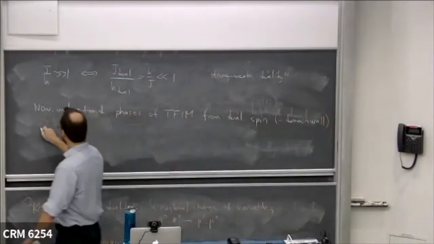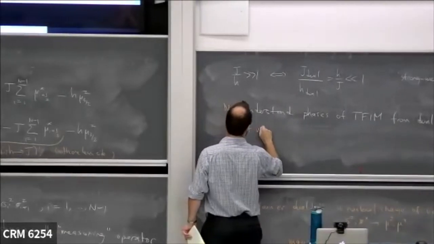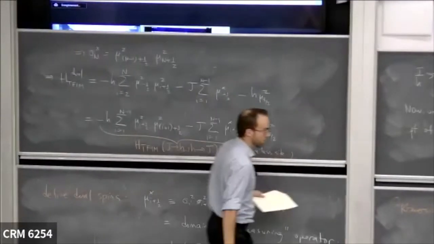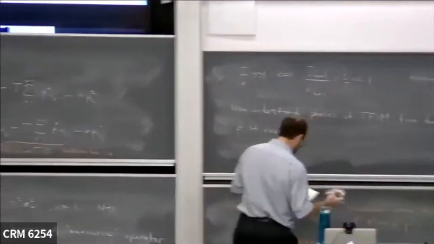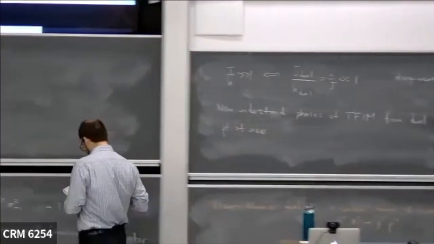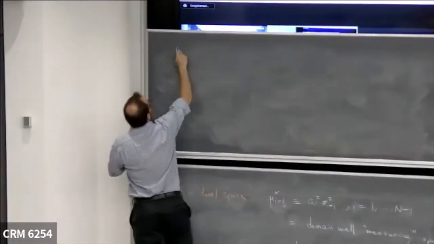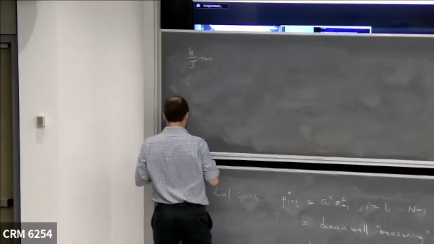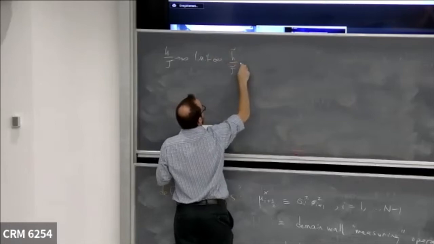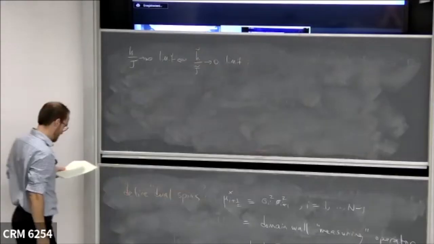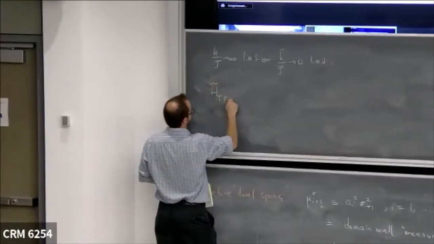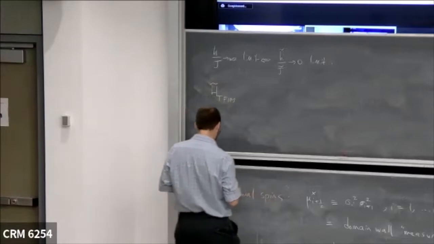So as I mentioned, we had these domain wall measuring operators and these domain wall creation operators. And so clearly what we're dealing with now is the description in terms of domain walls. Okay, so again, we'll be looking at these limits. First, if I look at the limit H over J goes to infinity, instead of writing dual, I'll write these dual couplings with a tilde. And in this limit, the dual Hamiltonian, I don't have it here, but essentially what we'll get